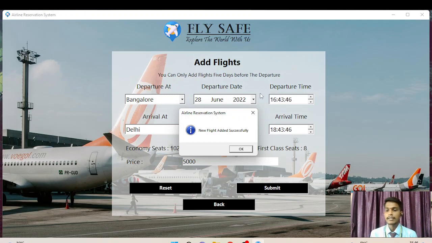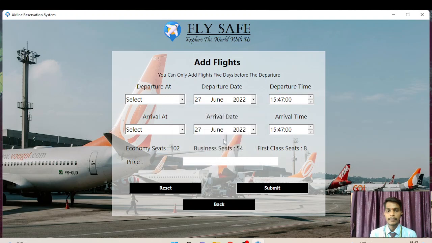at 5 days after today, like it is showing 27 because today's date is 25 and he can only add flights 5 days ahead, that's why it is showing 27. This departure time is set to 1547. My laptop is also showing 1547, and the price text box gets null. The same thing is done by the reset button. If at some point the user wants to reset whatever value he entered, he has the option to reset the